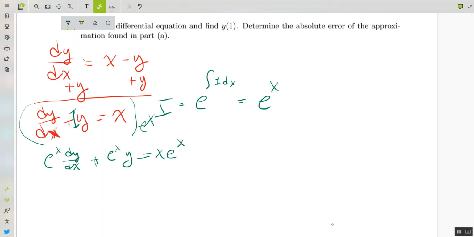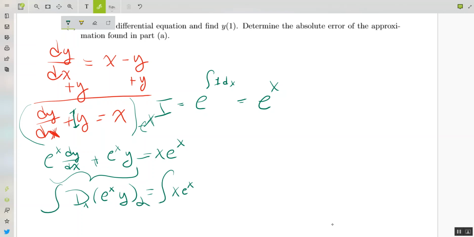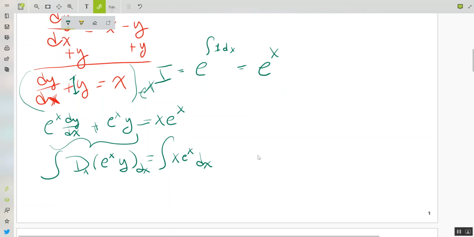So to start out with, I'm going to now use my big D notation. So this is d sub x of e to the x y equals x e to the x. And then I'm going to integrate both sides with respect to x, because that'll undo my big D notation. Am I going to run out of space? I probably am. Okay, so on this side, integration of a derivative, those are opposite operations, so I just get